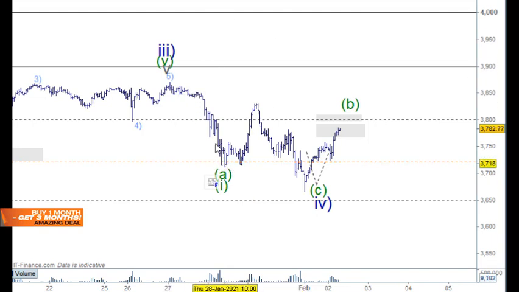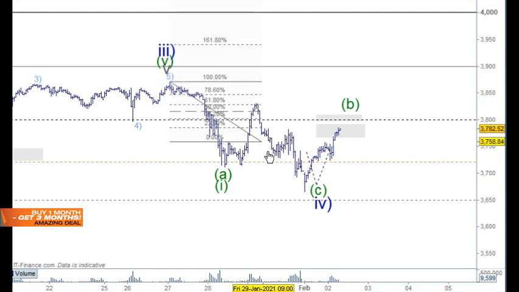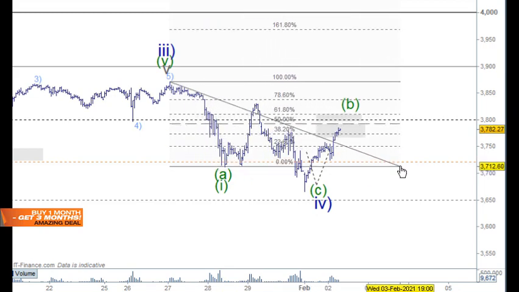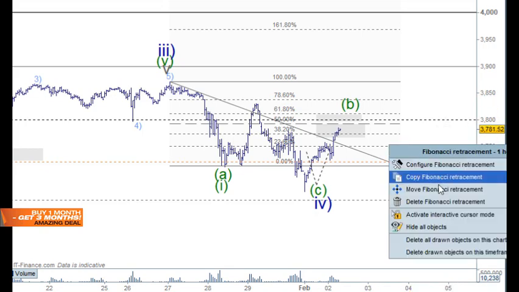But if we were looking down here as wave A or wave 1, we'd look at this as the A wave here, the B wave here, and the C wave over here. So in that case, we'd always take it from this level here. So that would bring us across from that level. So that's where that 61.8% comes in from here. And if I took it from this one here to this one, then it's the lower end here. But still, at the end of the day, it's this number here, the 3,800, that we would need to see